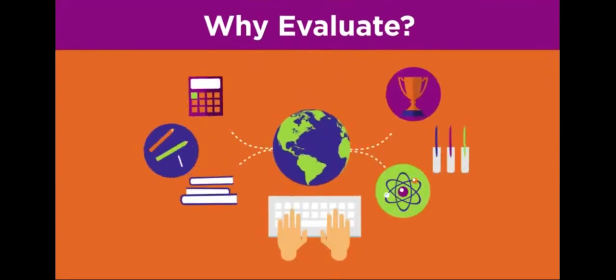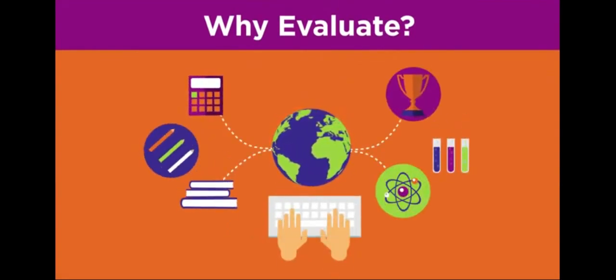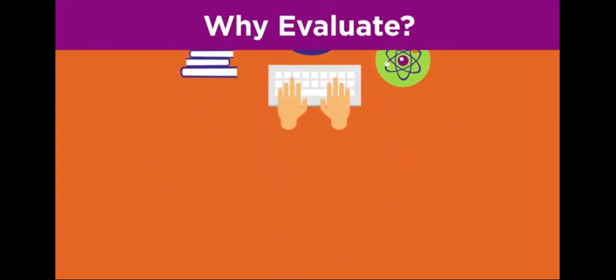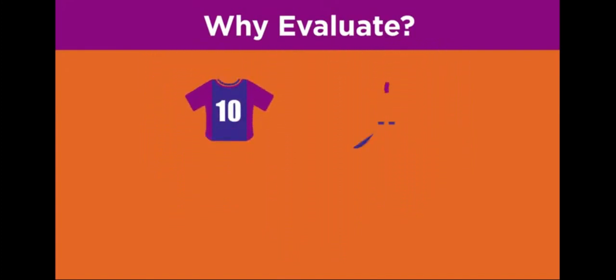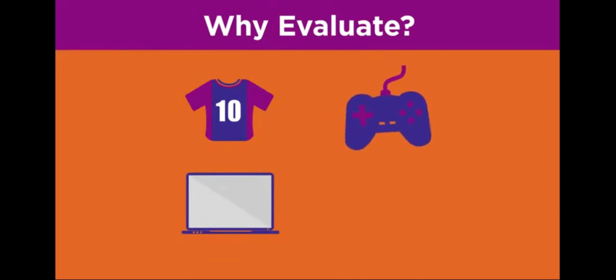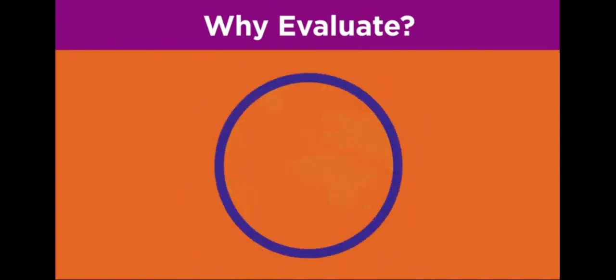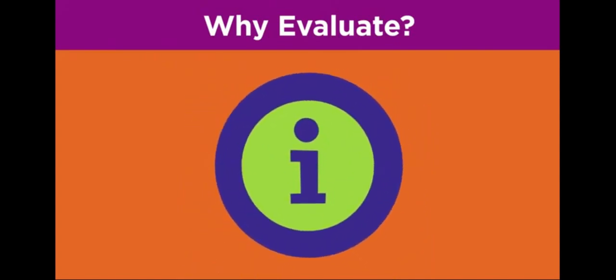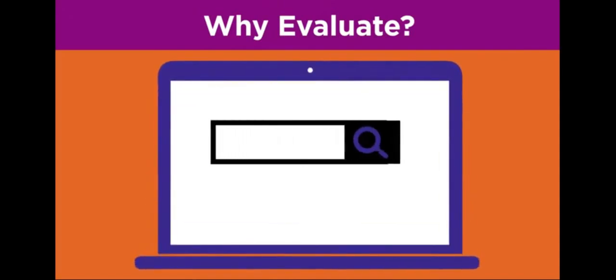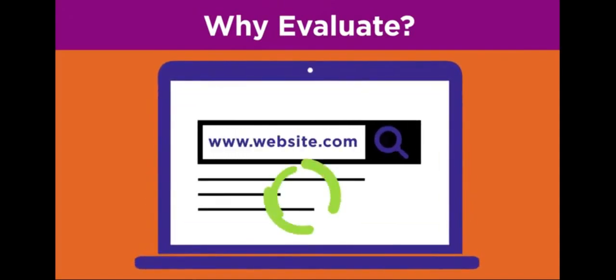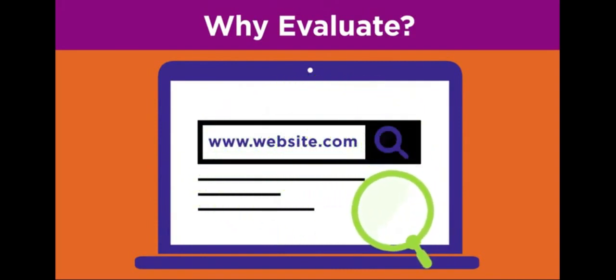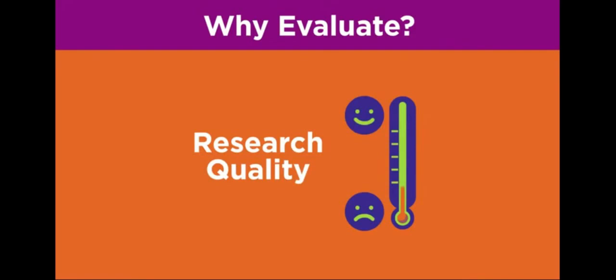Many of us use the internet to gather information for all sorts of things. We might use that information to learn more about a favorite sports team, find a video game tip, watch a video to learn skateboard tricks, or to learn how to do an experiment for a science fair. Our whole way of viewing the world is based on the information that we encounter, and a lot of that information comes from the internet. That's why it's so important to evaluate the information that you find on the internet. Of course, this is also good for your school assignments. It will make your research better.